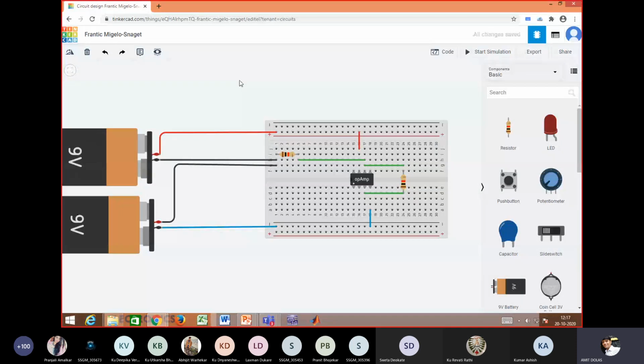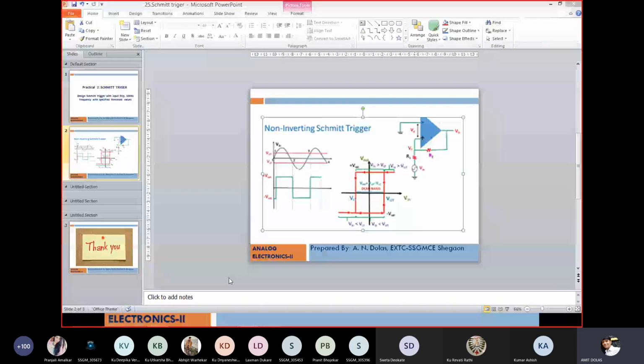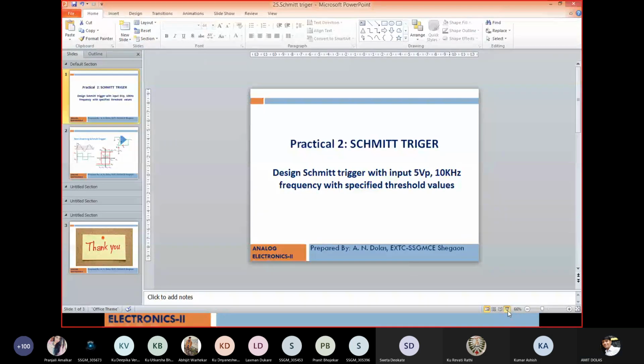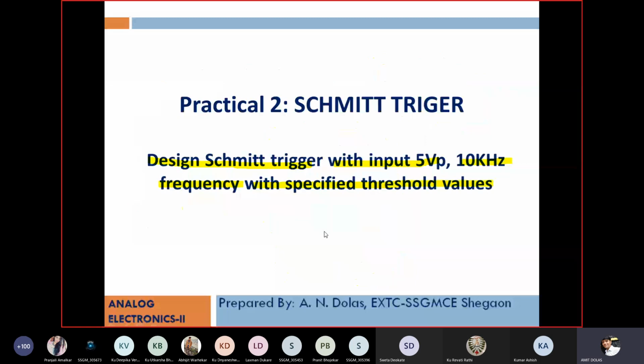Now the next job is we will connect one function generator to this input. And as I mentioned, the required input is 5 volt peak and 10 kilohertz sinusoidal waveform, suppose.